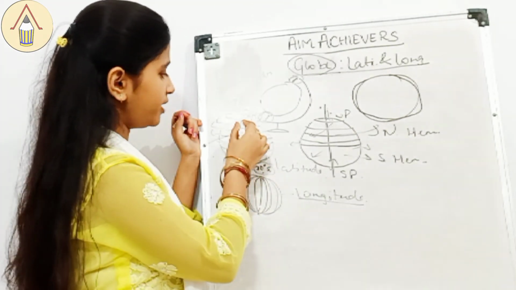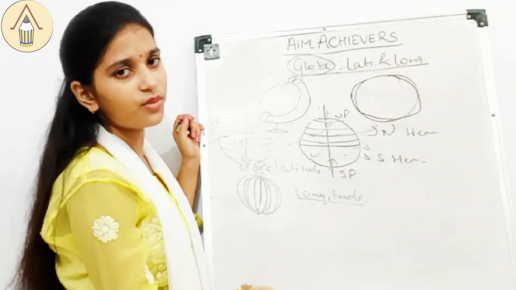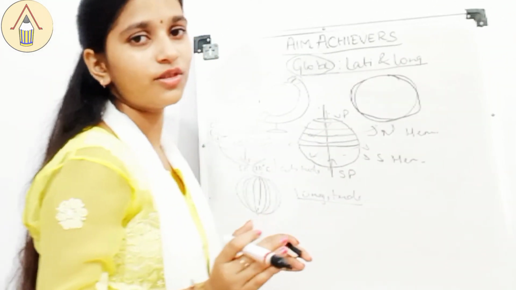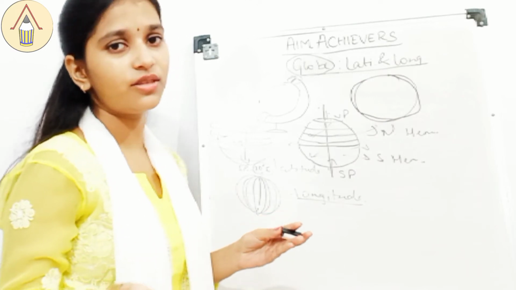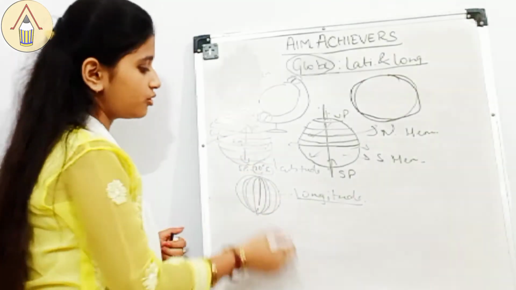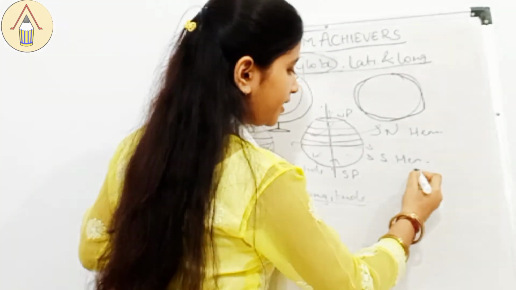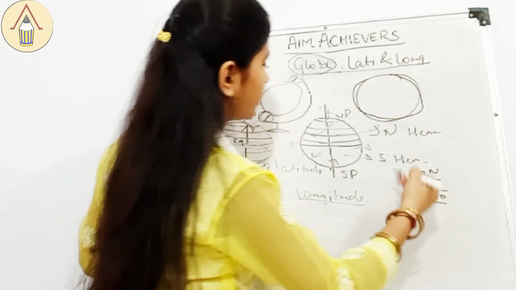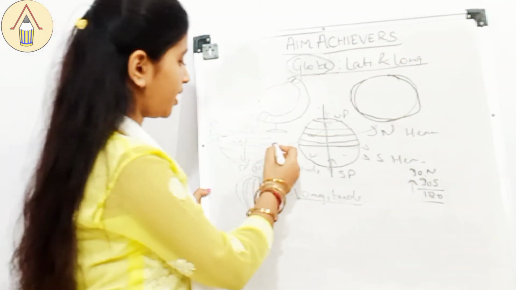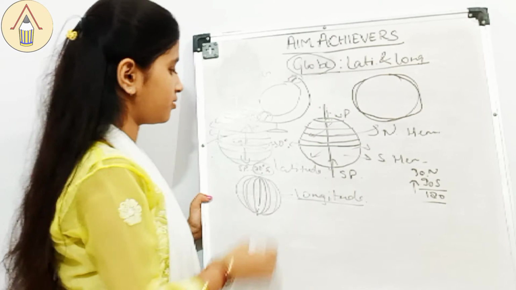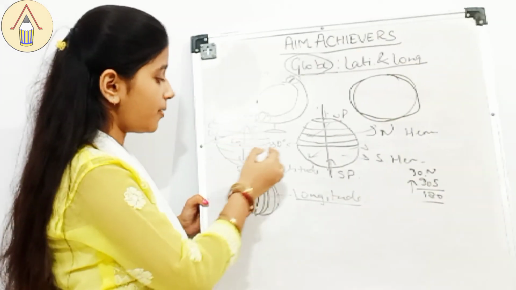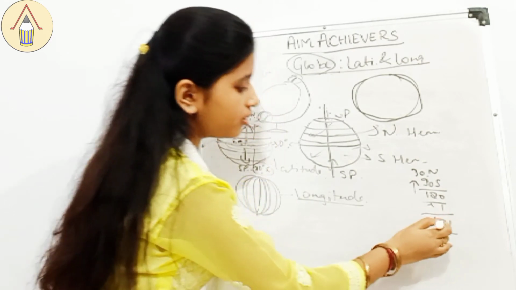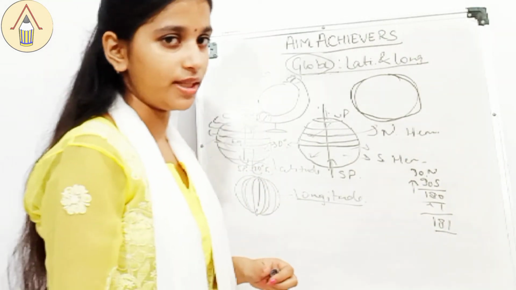Now, 90 degree north, which means that total number of latitudes, how much there will be? It is not so tough a question, but certain children get confused in it. So total number of latitudes will be 90 north and 90 south. So it must be coming to 180. No. Equator is 0 degree. So 90 north, 90 south plus the 0 degree. So that comes to 181. So total number of latitudes are 181.